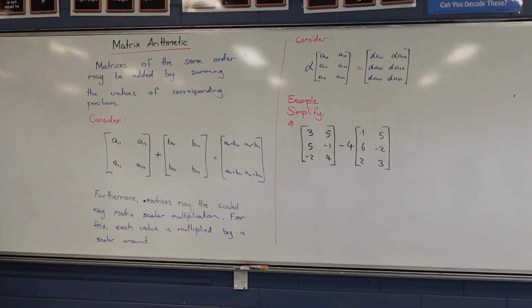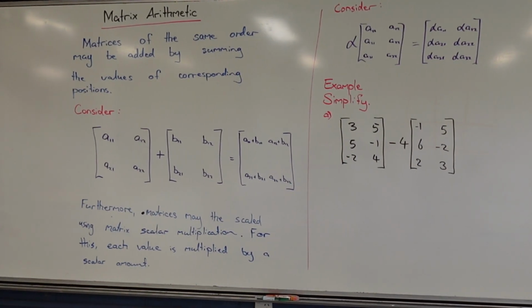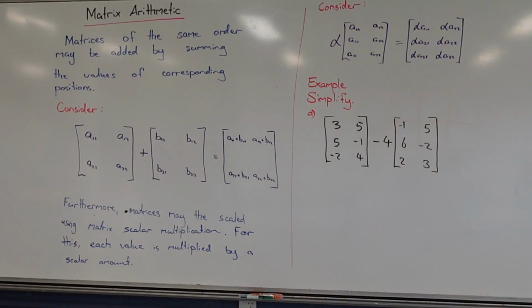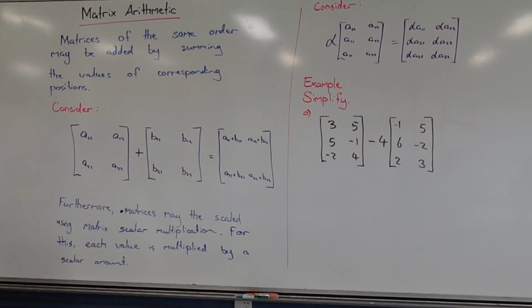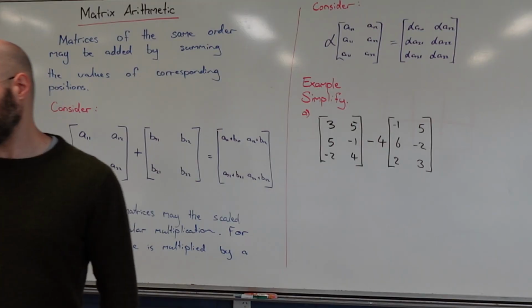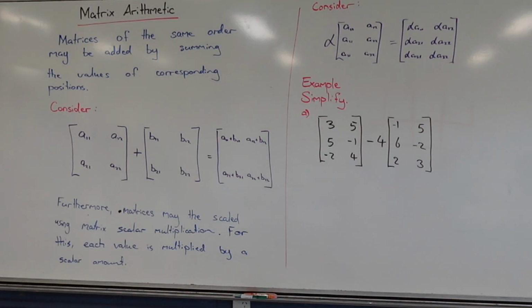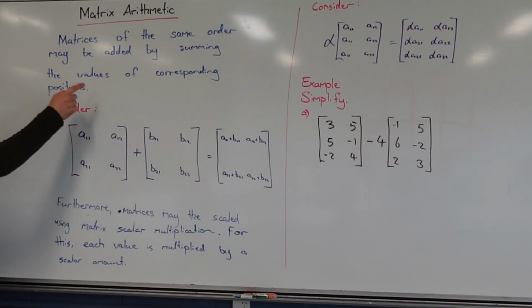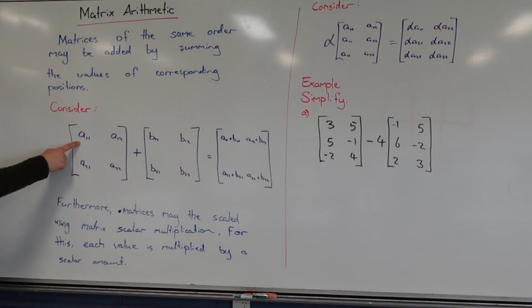So what we're going to learn today is some, I guess we could call it, simple matrix arithmetic. The two in particular we're focused on are addition and subtraction, and then we're going to learn an operation called scalar multiplication, not to be mixed up with the one that's coming up soon called matrix multiplication. So matrix addition is simply you get each corresponding element of the matrix or matrices that you're interested in,